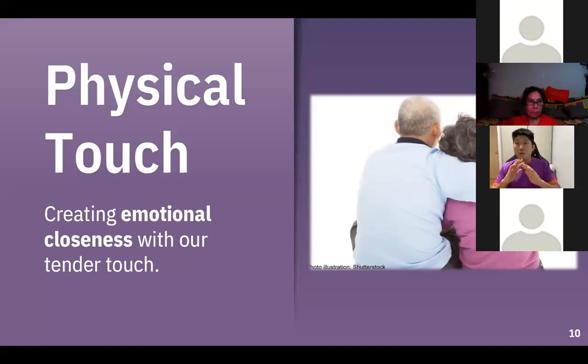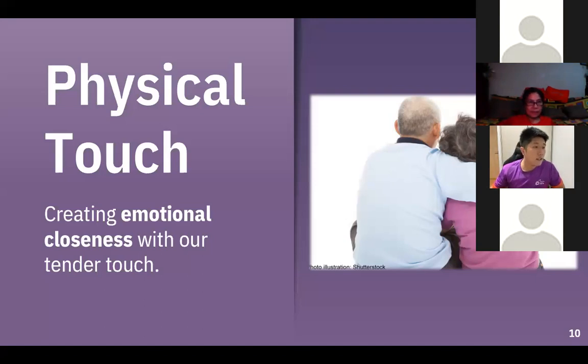Not that kind, where, for example, here is comfortable, here is weird, here is no. You don't come and hug me like that. This is not the physical touch that I'm looking for. If you want, you can just tap me on the shoulder, like, hey Jackie, how are you today? That's fine. But then you don't say, oh Jackie, wow, your muscle feels so big. No, this is not physical touch. So guys, please be mindful. Even though I'm talking about physical touch as a love language, there is a level of appropriateness in it.